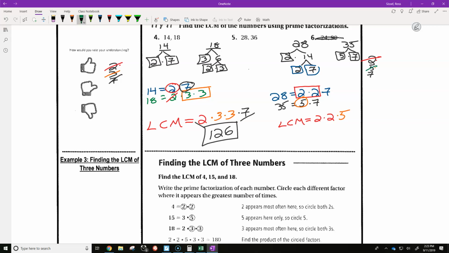We go to the 7. What do I do when there's a tie? There's 1 in 28 and 1 in 35. I choose only one of them. Can't use the other one. And I'm done. We multiply. Well, 2 times 5 is 10, and 2 times 7 is 14. 14 times 10